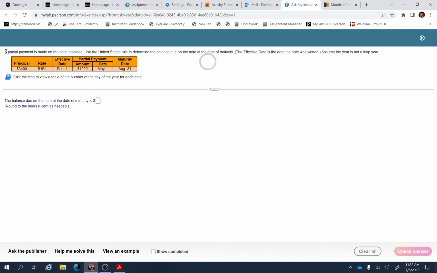Okay, so this is the problem. A partial payment is made on the date indicated. Use the United States rule to determine the balance due on the note at the date of maturity. So to solve this problem, you have to use a simple interest formula for the partial payment, meaning